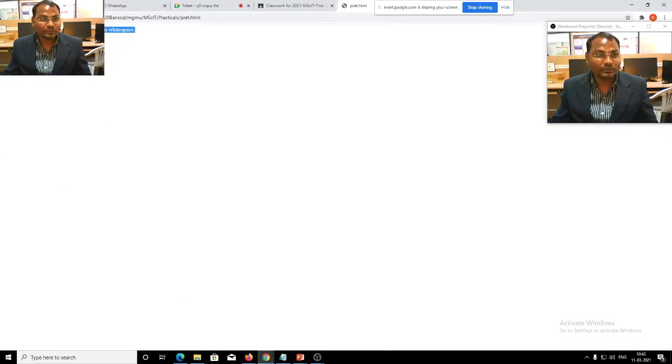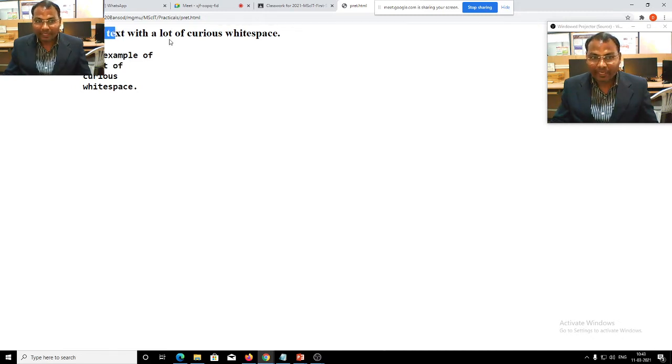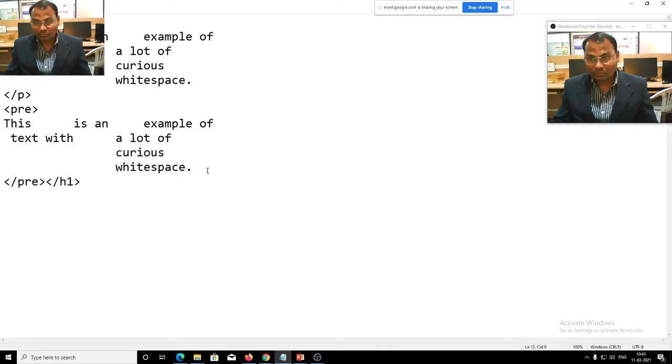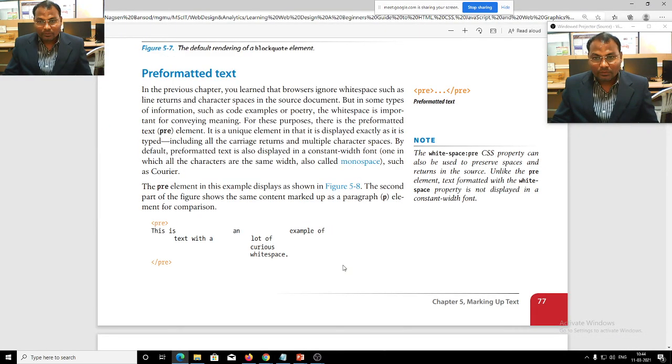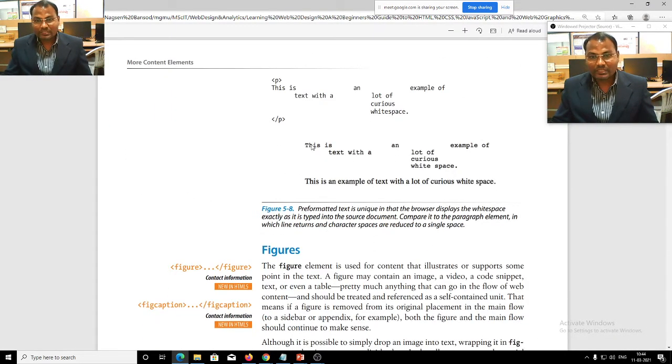Now see, this is the paragraph. In the paragraph tag, the output comes in a single line, but if we use the pretext tag, then the output is displayed as it is, exactly how we have written it in the code. So such type of output we got.